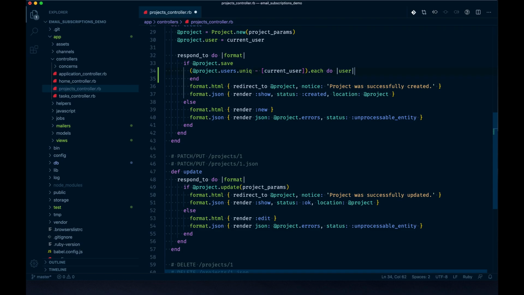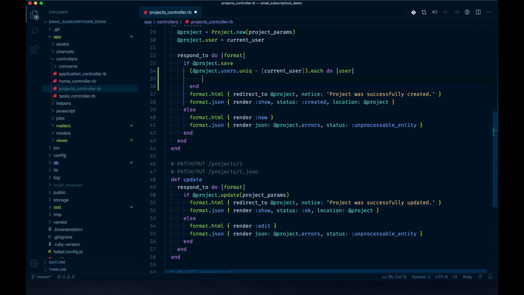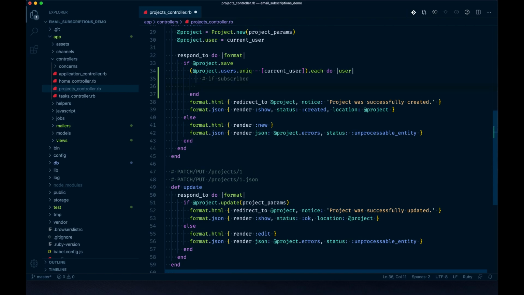And through that method, we'll eventually do, like, if they're subscribed, do the following. We'll get to that point. But right now, since we just added that mailer class, we're going to do project mailer with project. We'll pass in an instance of the project, instance of this given user,